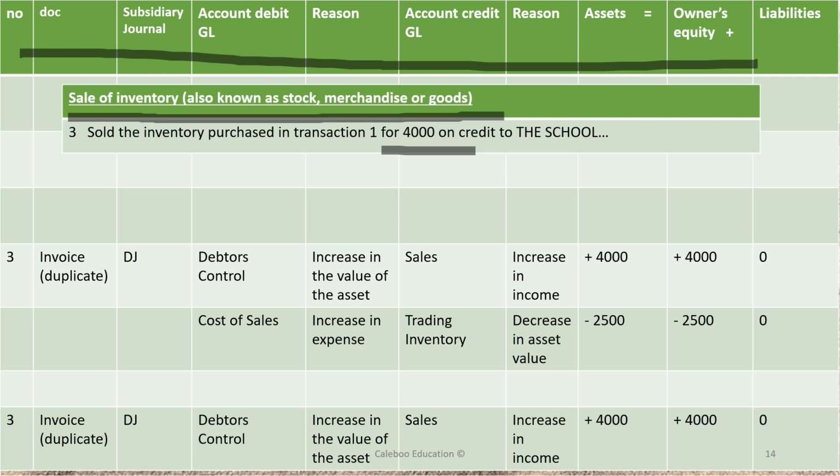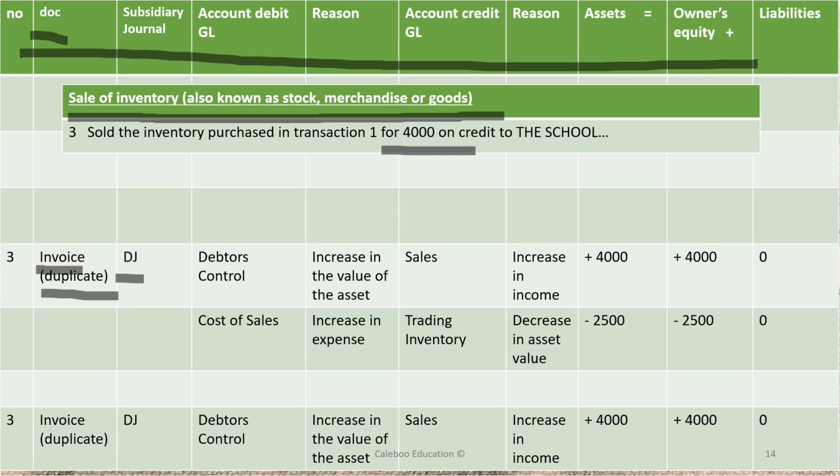If stock is sold on credit, the document that we use to record this transaction is an invoice. We issue the original and keep the duplicate. So the document that is used to record a sale in the perpetual and periodic is an invoice duplicate. This transaction gets recorded in the debtors journal,